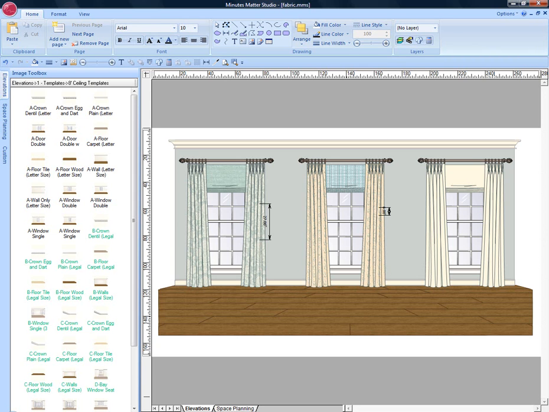To add fabric to your design in Studio, we'll use Fill Effects under Properties. In our example, we've already filled the first two drapery panels and shades, and we'll fill the third one now. First, we'll select the draperies,